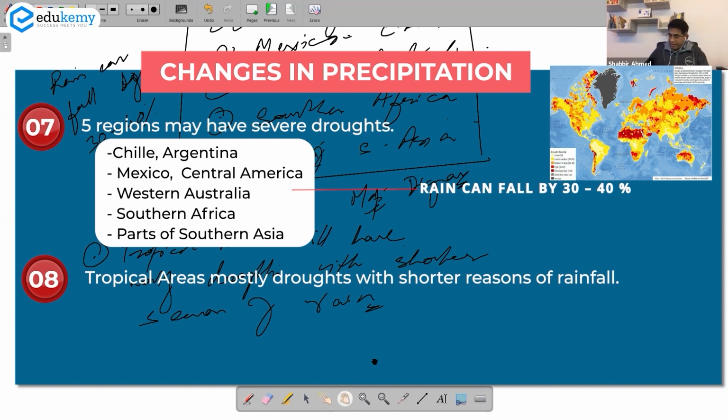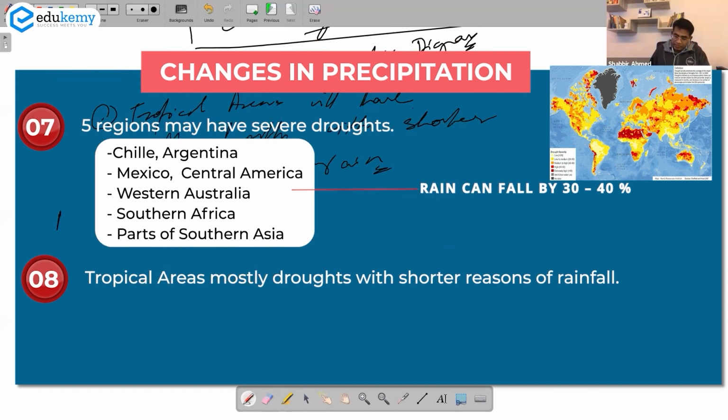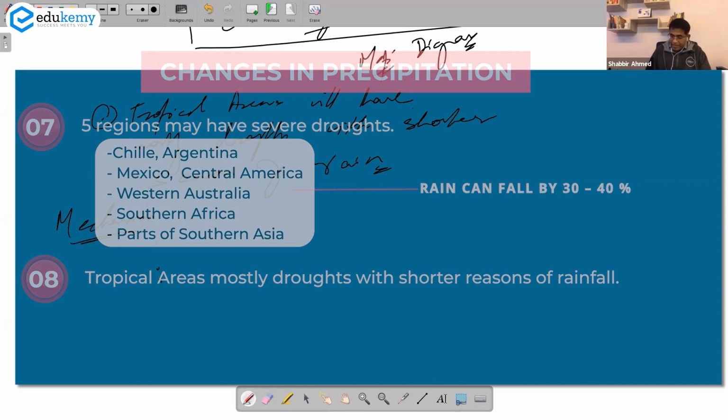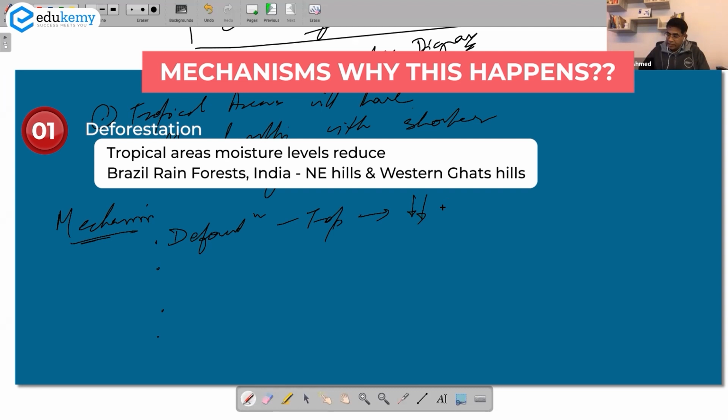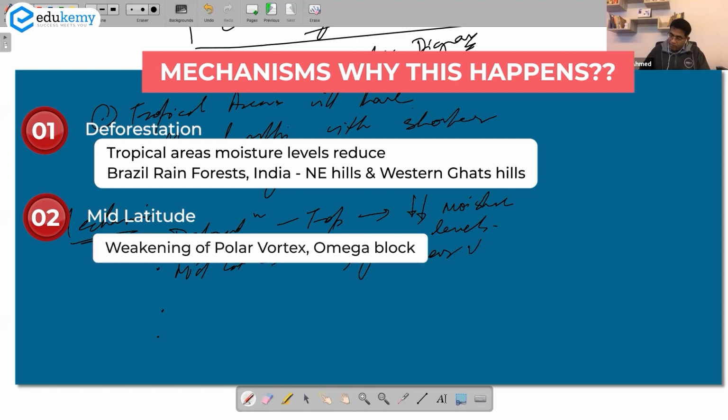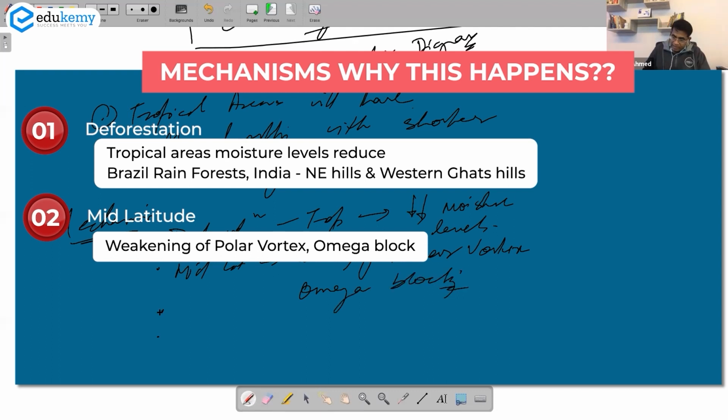इसका रीजन क्या है? Okay, what is the mechanism why it's happening? इसके mechanism में 4 regions हैं. One is deforestation. Okay, tropical areas में deforestation can reduce the moisture levels. Second is mid latitudes में the weakening of the polar vortex, and talk about omega blocking. Then we have